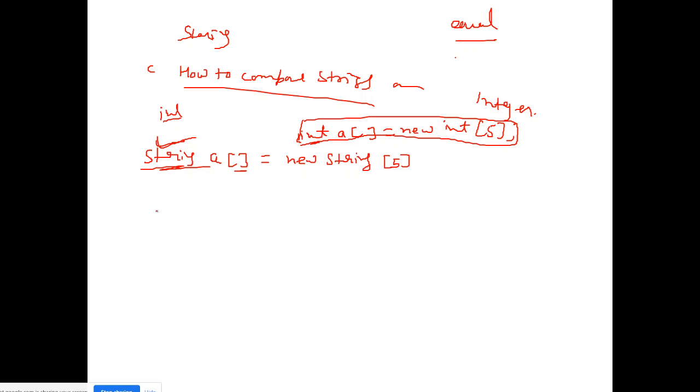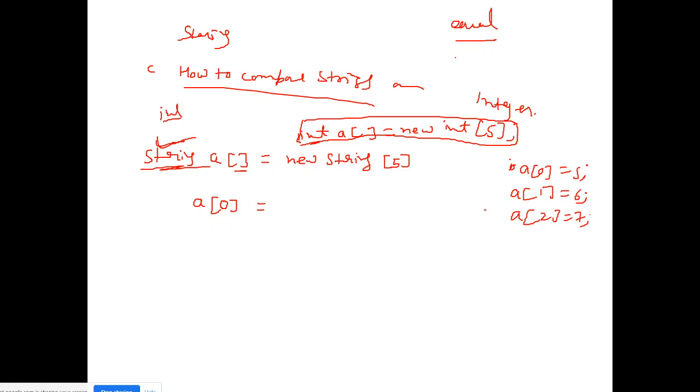Similarly I can assign a0 is equal to, just as yesterday I was assigning a0 is equal to 5, a1 is equal to 6, a2 is equal to 7.